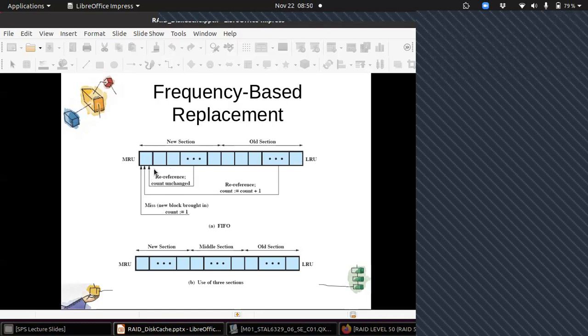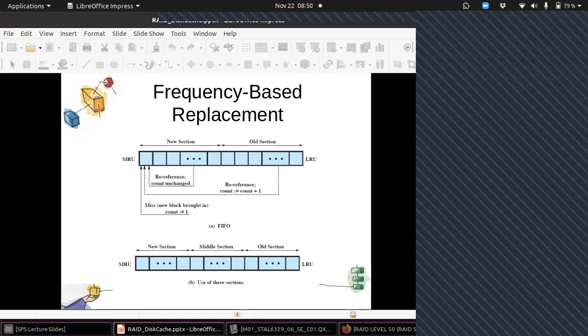So how does this method help? This method solves the problem of LFU. If within a short interval the same block is referred again and again, the counter is not going to be incremented because that is still in the new section. But if the same block, after a long time, is referred, now it has gone to the old section by shifting the pointers. So as it has shifted to the old section part, its counter will be incremented. It seems a good alternative to this LFU.